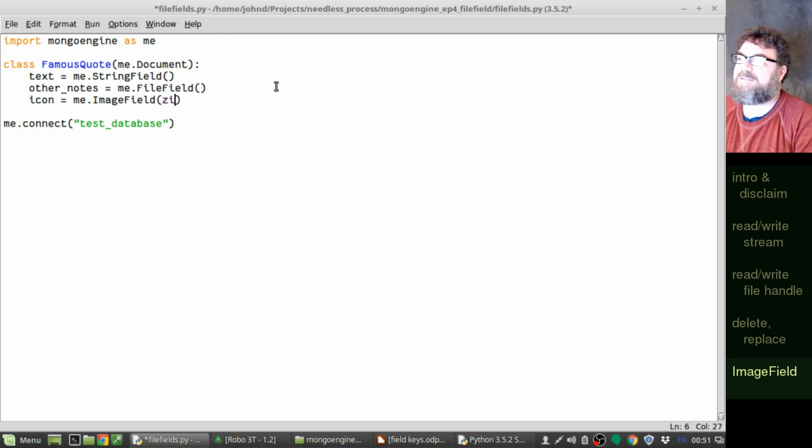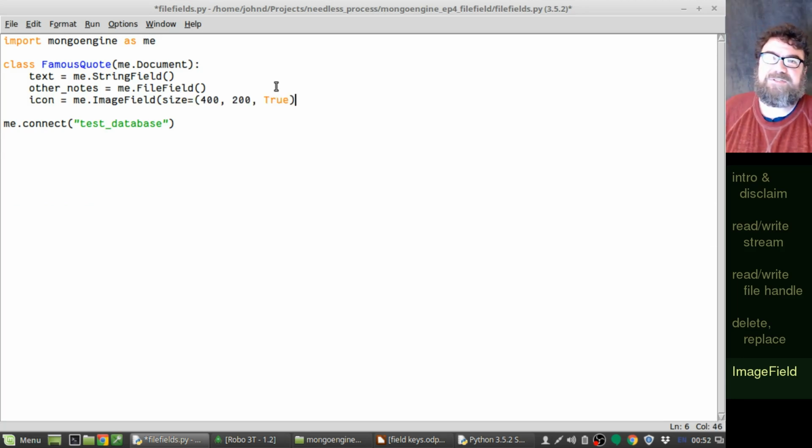So size equals, there are 3 items in the tuple that needs to be passed into both size and thumbnail size. In that tuple, you will pass the horizontal and the vertical size that you want for the image, and whether the image should be manipulated to make it match that size, or whether it should allow it to freeform on one of the two parameters. So, for example, if you have a square image here and you try to make it a 400 by 200 image,